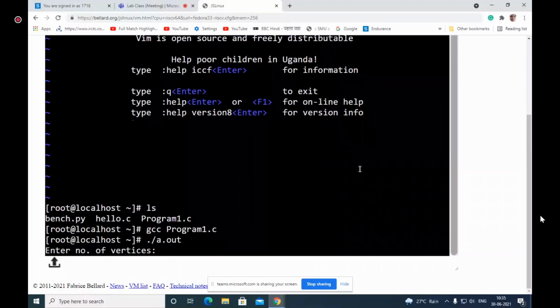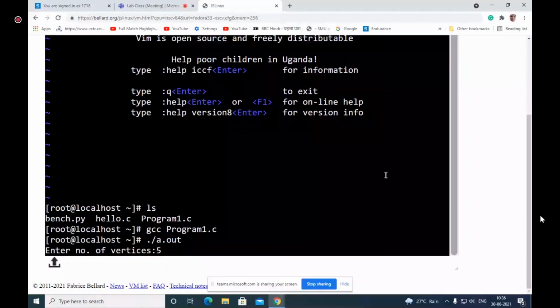So it is asking me to enter the number of vertices. How many vertices am I having? 5. Now it is asking me to enter the adjacency matrix.